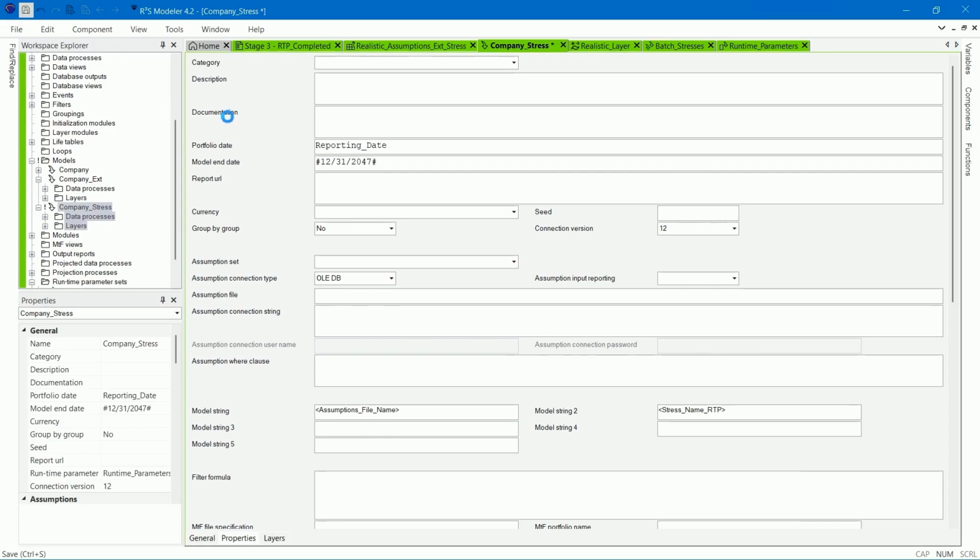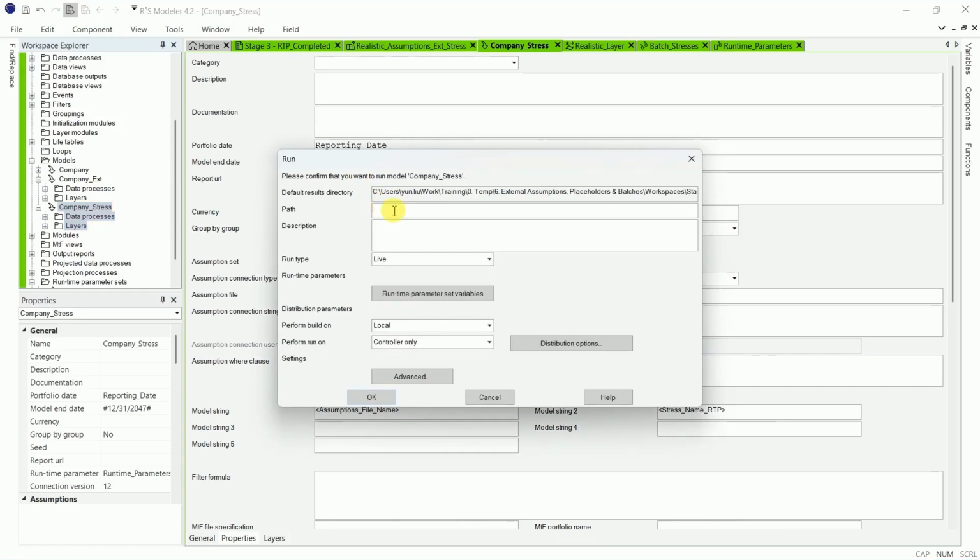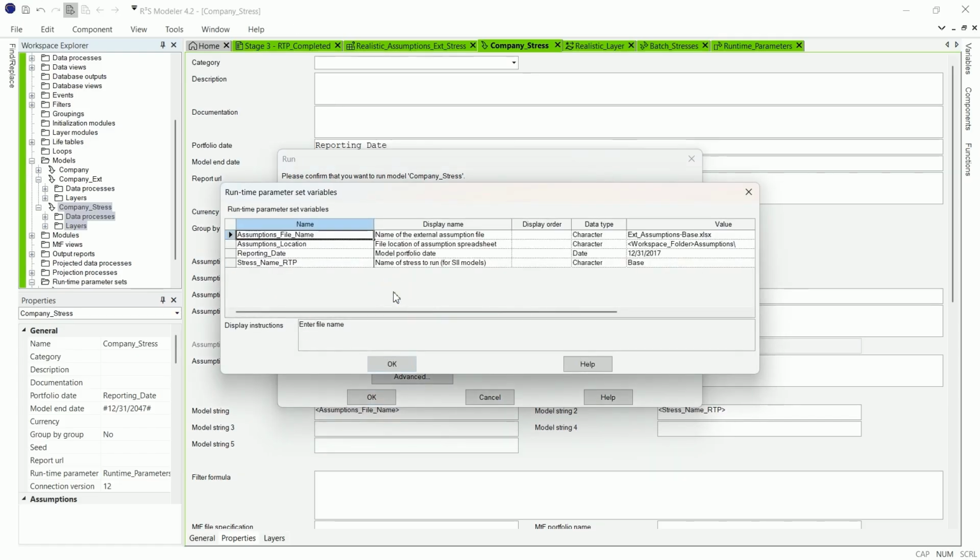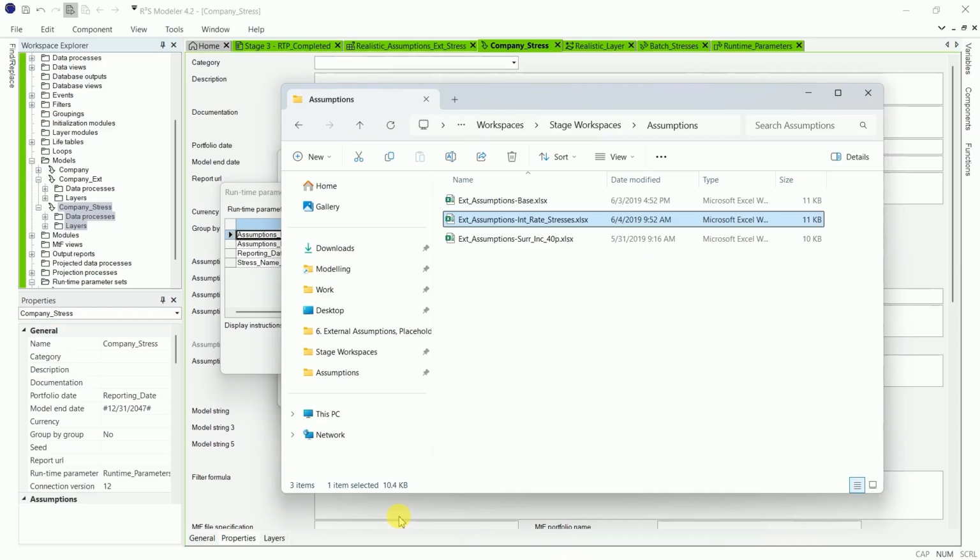Let's run the company stress model first. Click Run. Name as company_stress. Set the run type to live and open the runtime parameter set variables. The assumption file is extAssumptions int rate stresses.